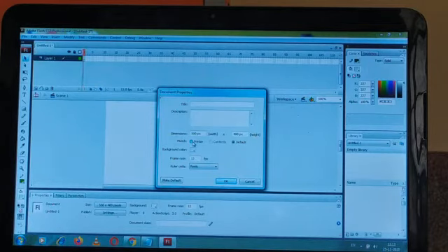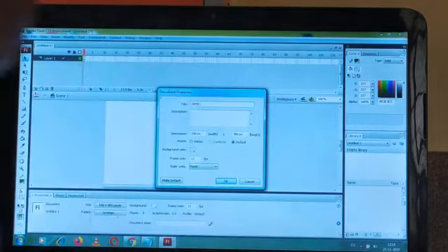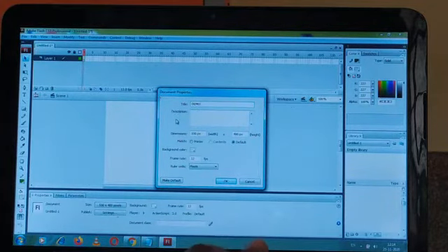After setting such properties, you can define your document title, which document you are working on. By default it is untitled one, then you can define its title according to your choice, just like demo. Okay, and there is a section for description. You can give any kind of description about that document, that is optional part.